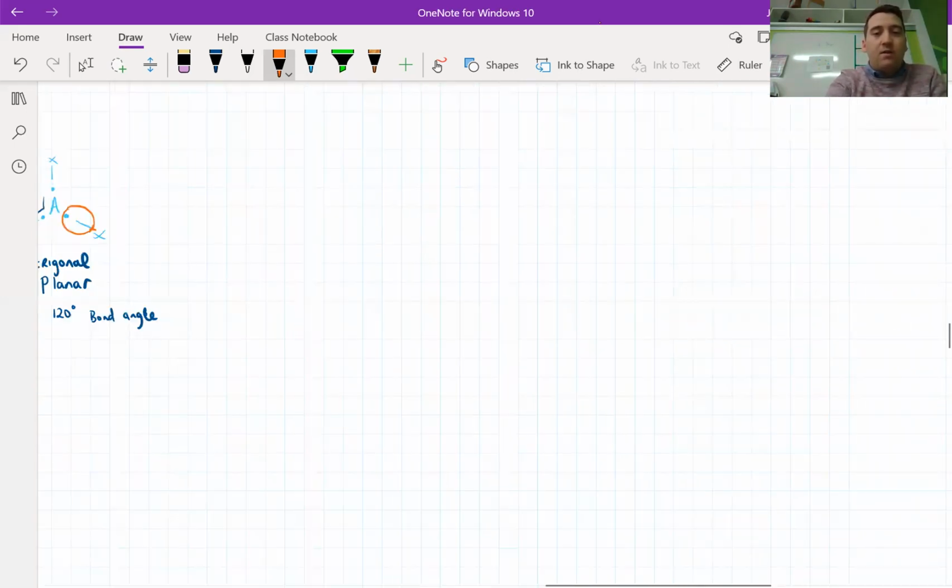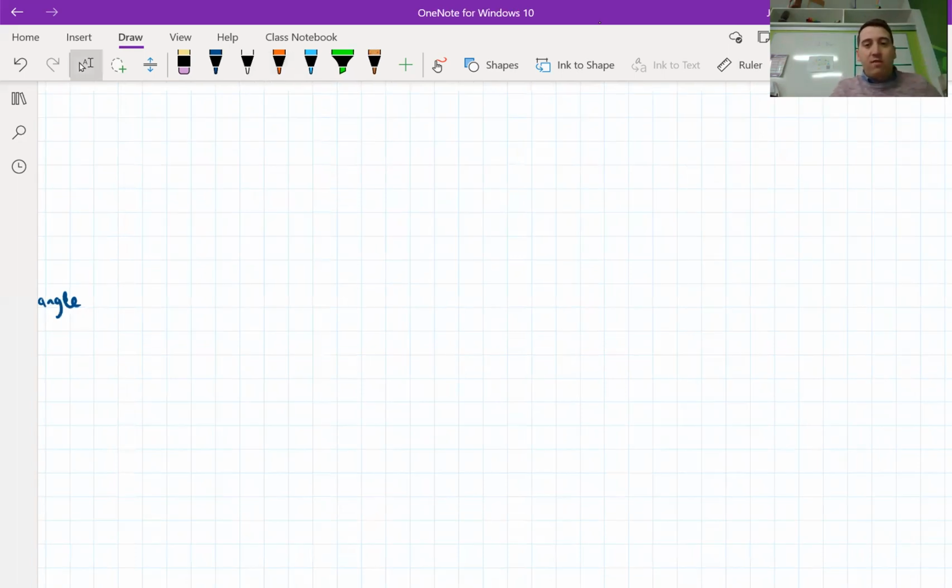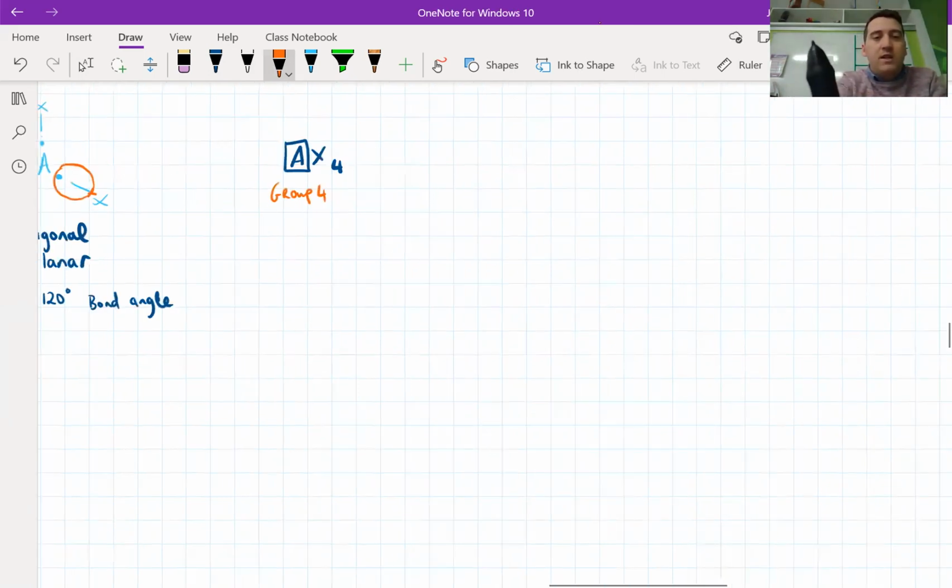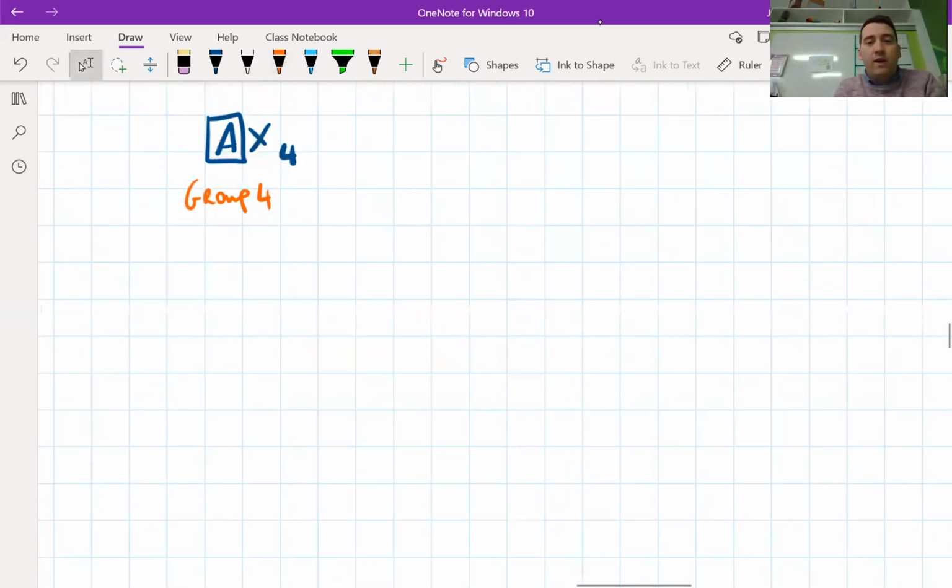Next one, let's have a look at another one. Let's say we've got a general formula AX4, where A is a group 4 element. Group 4 elements include carbon, silicon. So we're going to focus on carbon because carbon's a very common element in a lot of molecules. Say it's a group 4 element. Let's draw it here, group 4. That means it's got 4 valence electrons. If we draw them, we'll spread them apart equally,